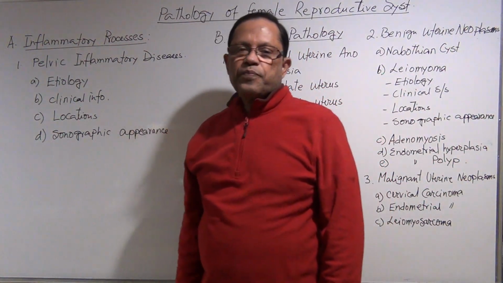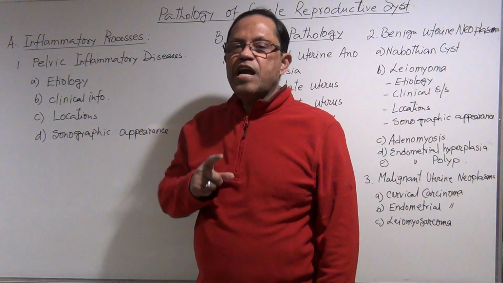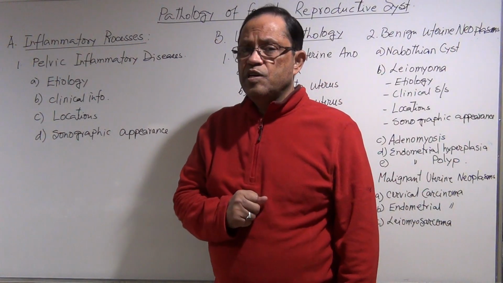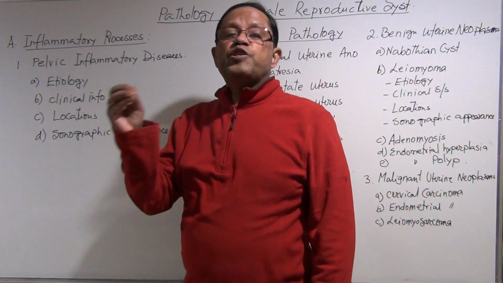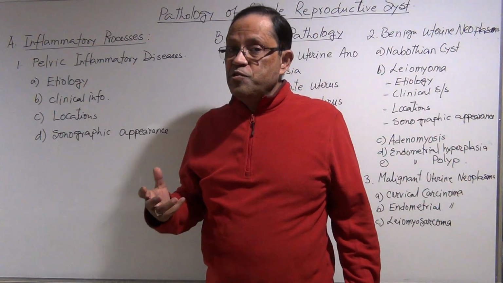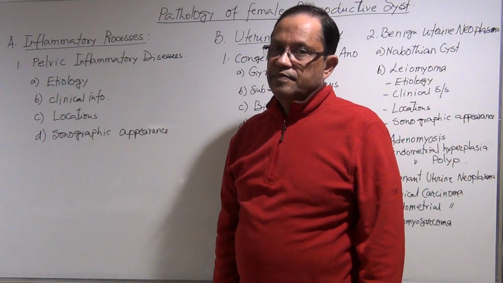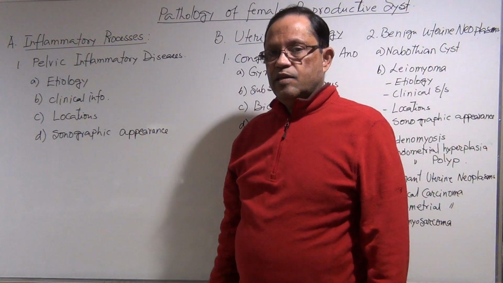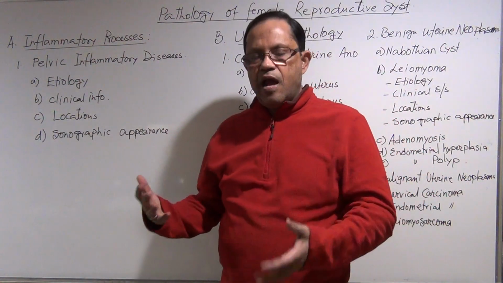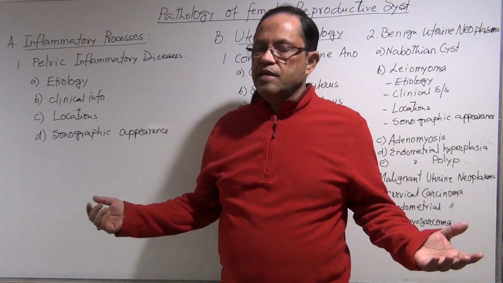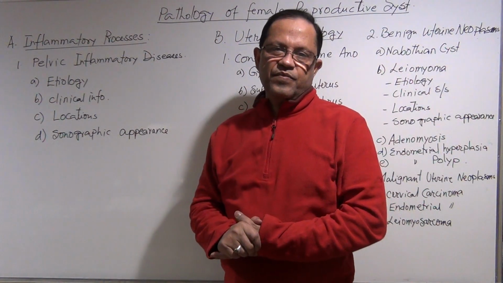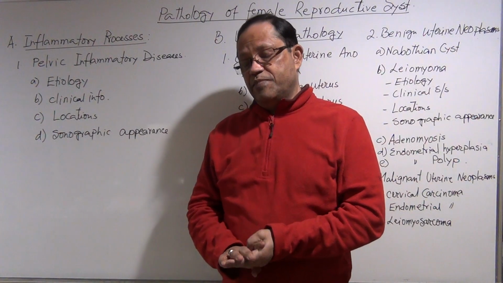Another one is, due to kinking, tortuosity, and obstruction, even though there is a fertilization in the ampullary part of the fallopian tube, the fertilized egg cannot proceed towards the endometrium of the uterus because the fallopian tube is closed. Just understand what a disaster. The couple is trying to get the baby, but it's not happening. But you know what? There's a nice treatment for it. What is that? The nice treatment is